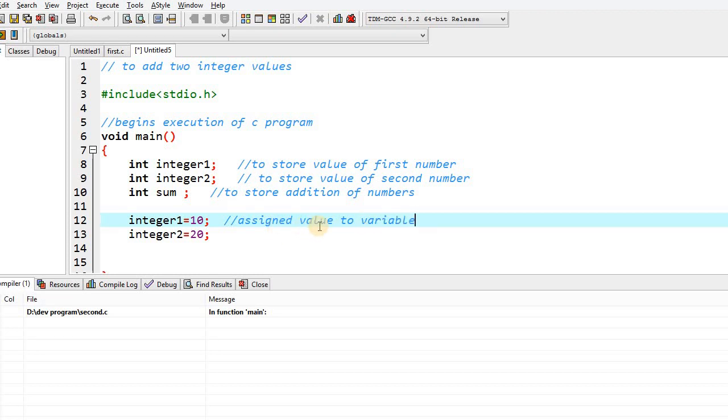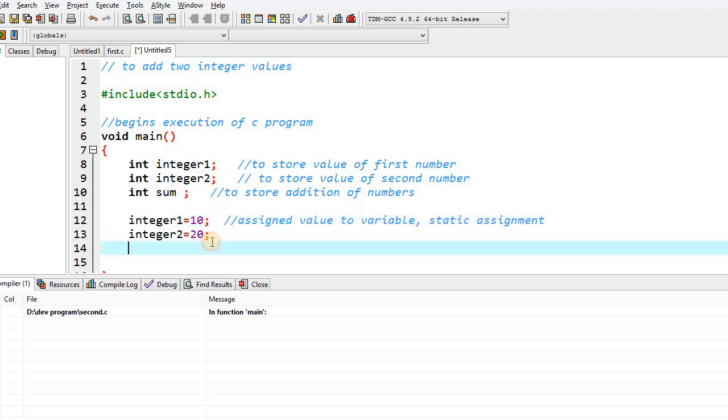Okay, we have assigned values to variables. So this is a static assignment. We have just taken static values. Okay, after that, now we have stored these values in the appropriate variables.